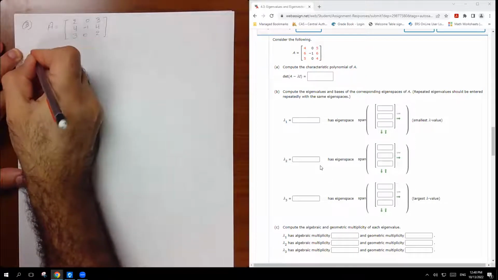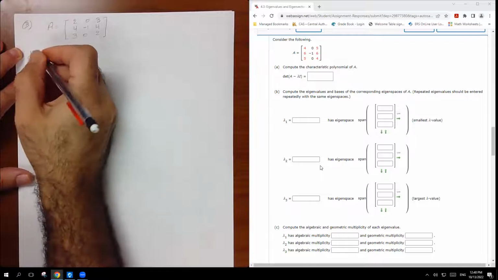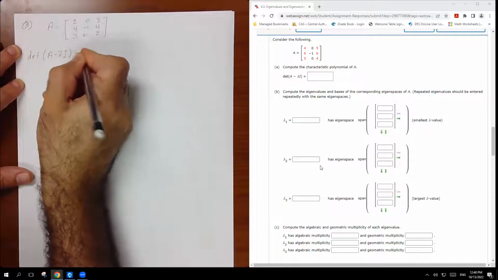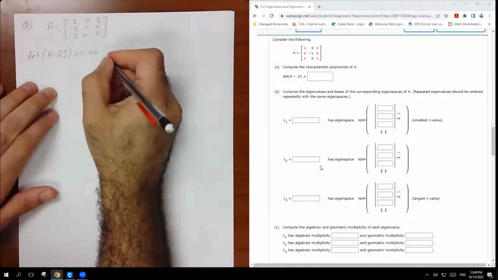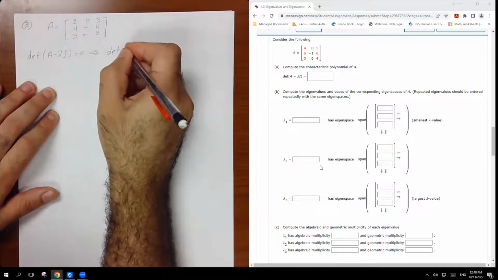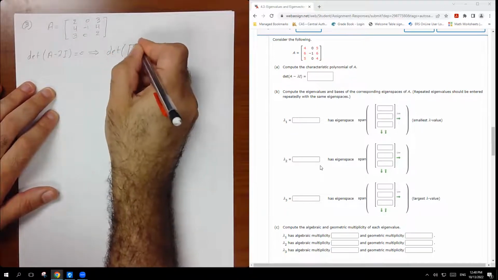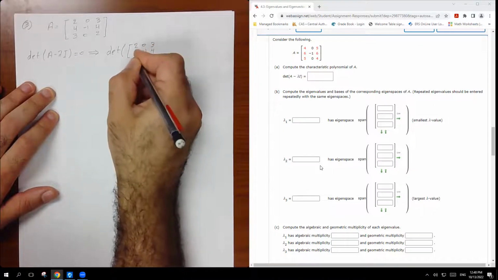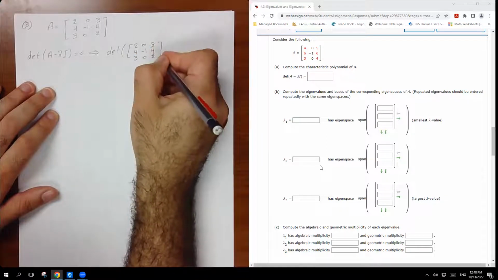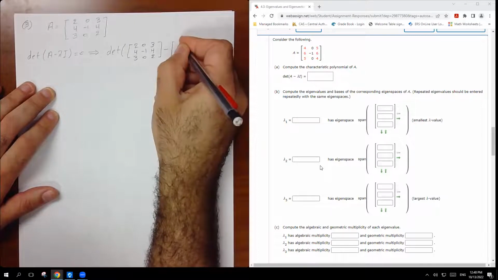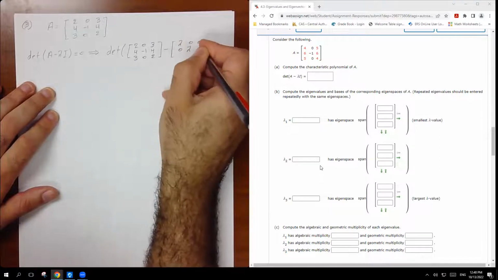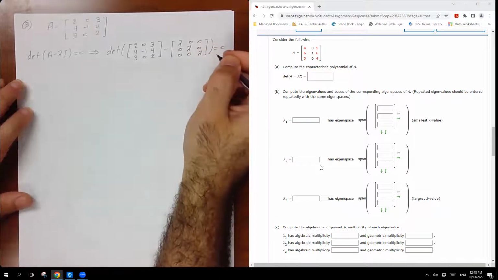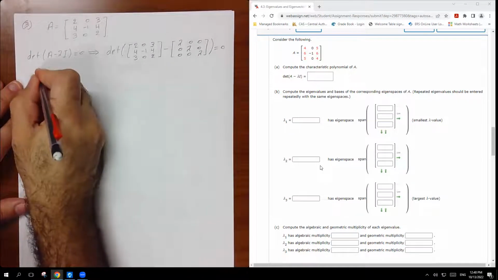So the determinant of A minus lambda I equals 0. That means it is going to be the determinant of A, which is 2, 0, 3, 4, -1, 4, 3, 0, 2, minus lambda I, which is lambda, 0, 0, 0, lambda, 0, 0, 0, lambda. Everything equals 0. So now that means it's the determinant of